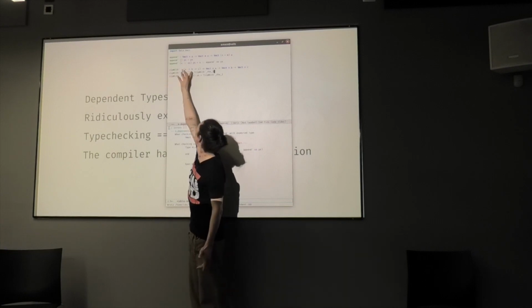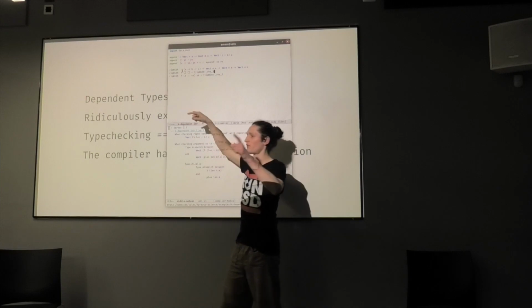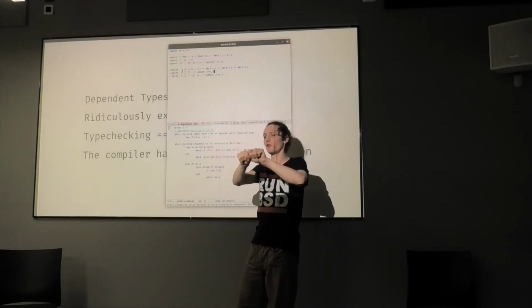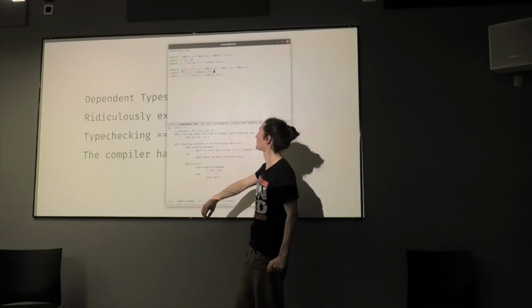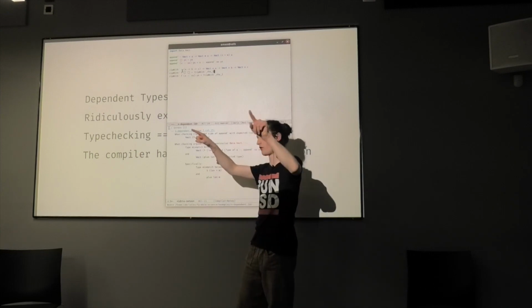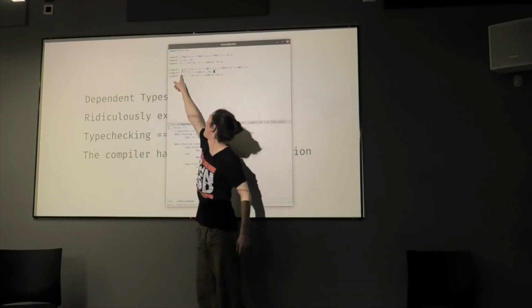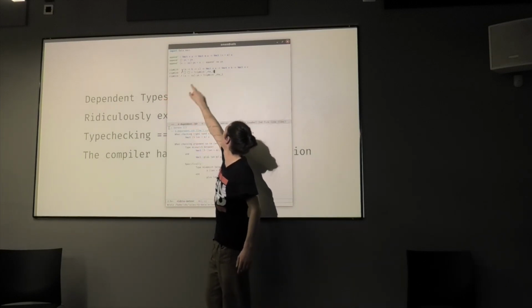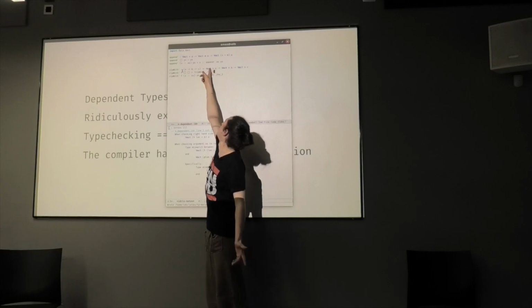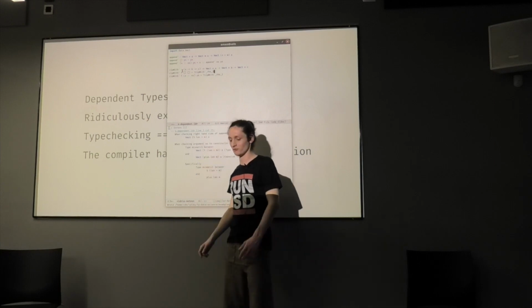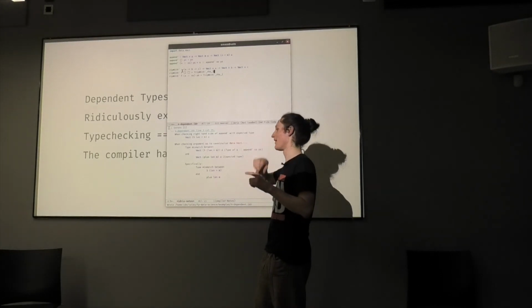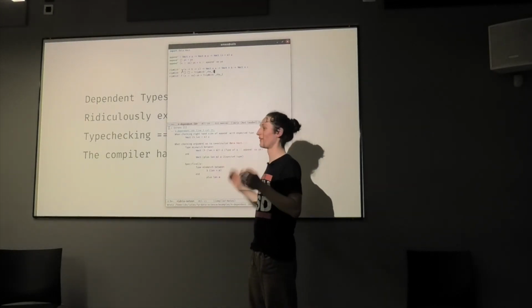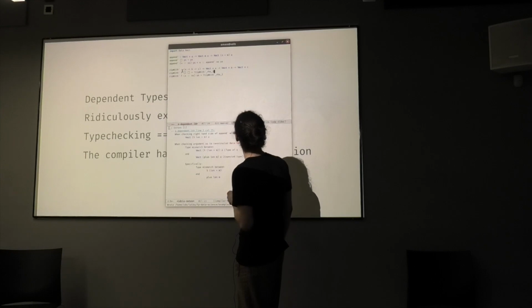Zip with is basically going to take a list of elements and feed them both into a function, and that's going to become an equivalent element in a new list. So it's kind of going to zip them together with this f function here. So like this could be a vector of integers and a vector of strings, and it could be making the character at that index uppercase or something. I don't know, that's just a strange thing, but yeah.